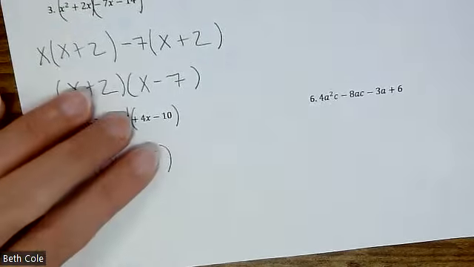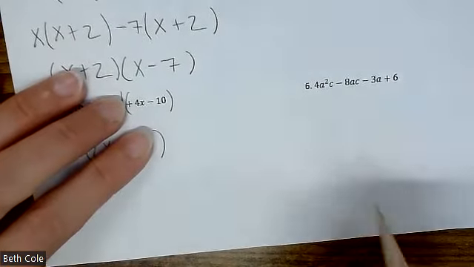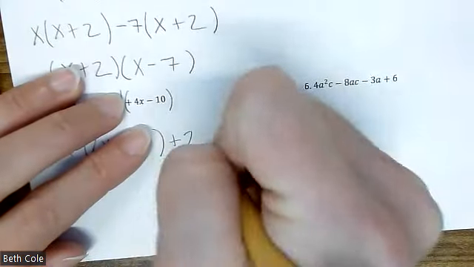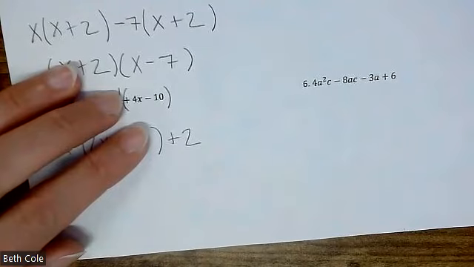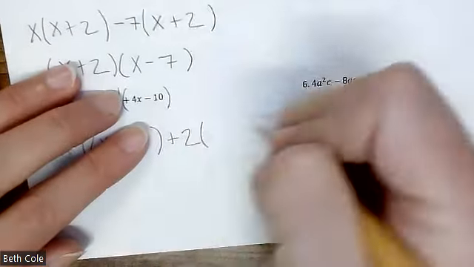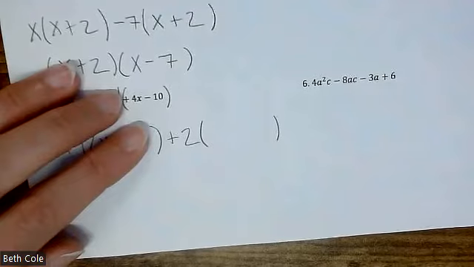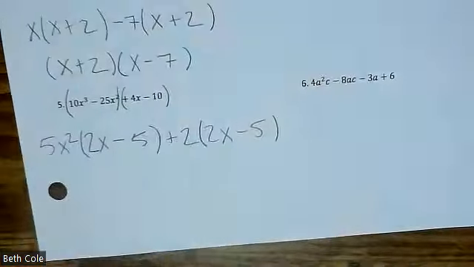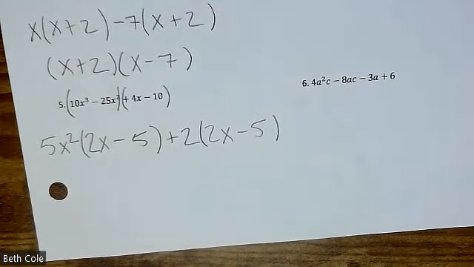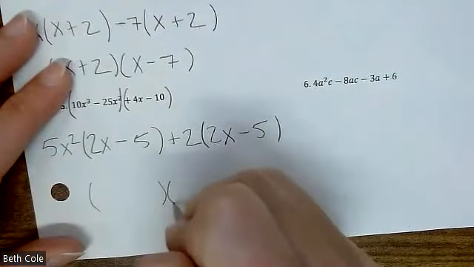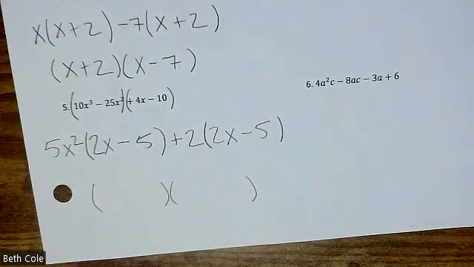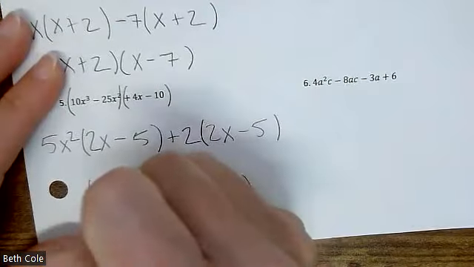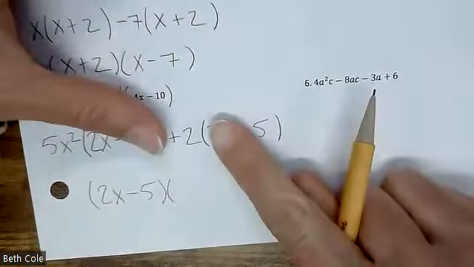Okay. So I'm going to cover that up. What can you divide out of both of these? 2. Specifically, a positive 2. You want to put whether it's positive or negative. And then check, if you divide both of those by 2, you get 2x minus 5. You want to check that that is correct. And then your final answer, draw your 2 sets of parentheses. What goes in the first one? 2x minus 5. And then in the second one,